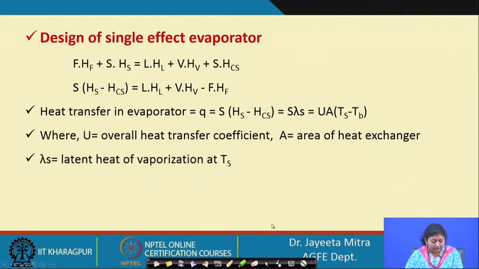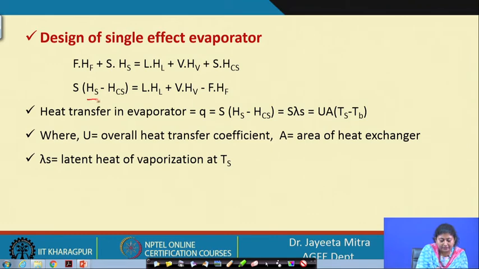Okay. So, U is the overall heat transfer coefficient, A is the area of the heat exchanger, and lambda S is the latent heat of vaporization at Ts. Okay. So, saturated, lambda S that we are getting is Hs minus Hcs. So, saturation vapor enthalpy is capital H suffix s, and this Hcs is the enthalpy of the liquid at that temperature. So, latent heat of vaporization we are getting,